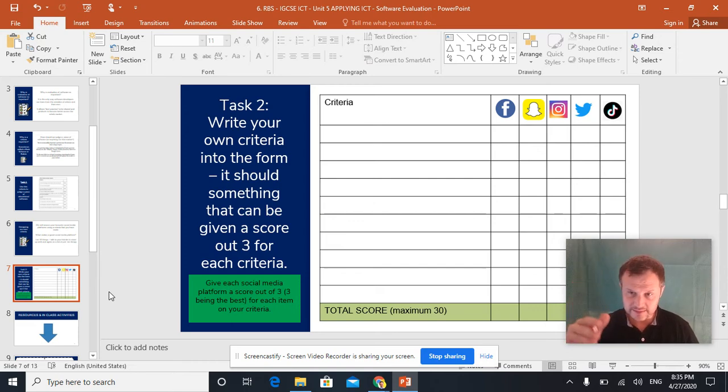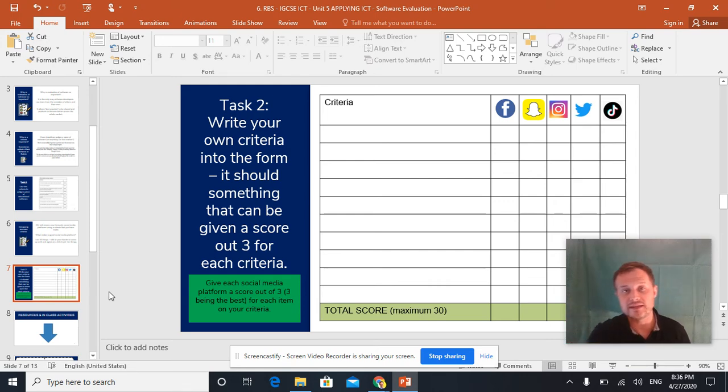So have a think, write down 10 criteria, go away, judge those 5 platforms. If you want to change those social media platforms, or even if you want to ignore one of them, that's fine, right? I've just put in the 5 that I think are probably the most popular. If you can think of a different one and want to do that, do that. Or if, for example, you're finding it hard to access one of them, say you're not a Snapchat user, you don't want to be a Snapchat user, you don't want to evaluate Snapchat, then fine. But give me at least 4, or give your teacher at least 4 social media platforms that you have judged.